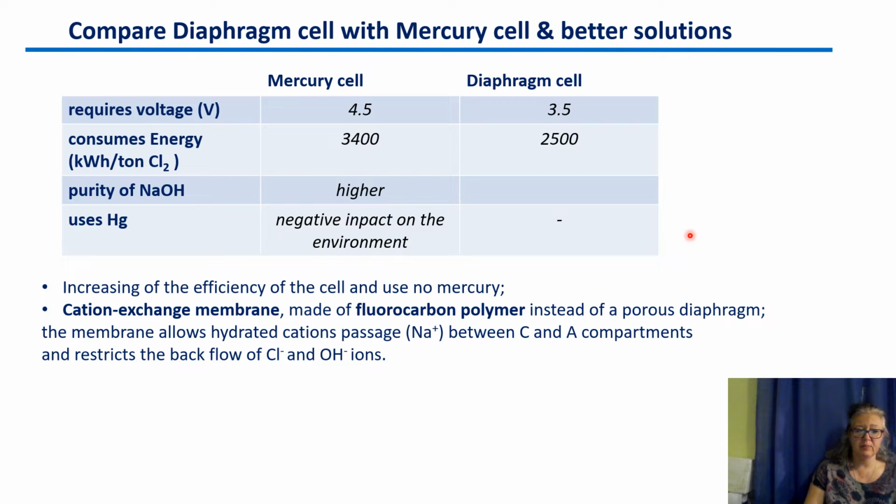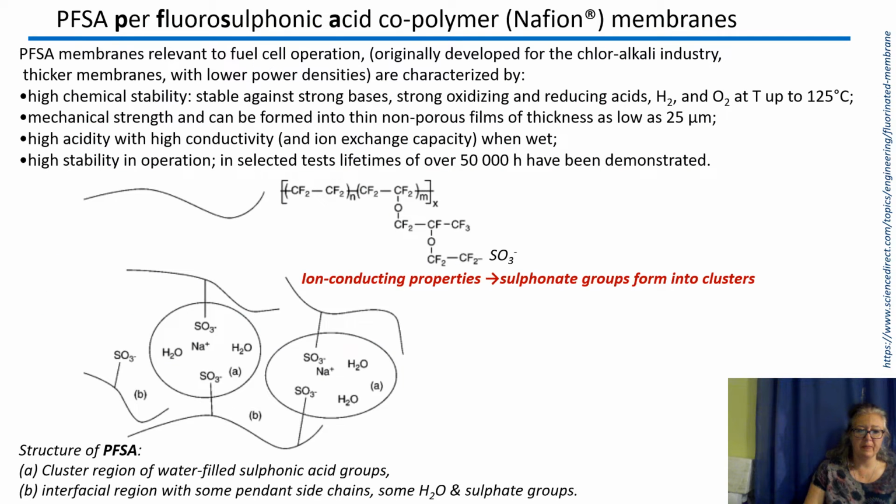Perfluorosulfonic acid, PFSA, polymer is the most commonly used material for membranes for fuel cells. Due to the high electronegativity of the fluorine atom, they have a strong carbon-fluorine bond. The PFSA membranes that are relevant to fuel cells operation